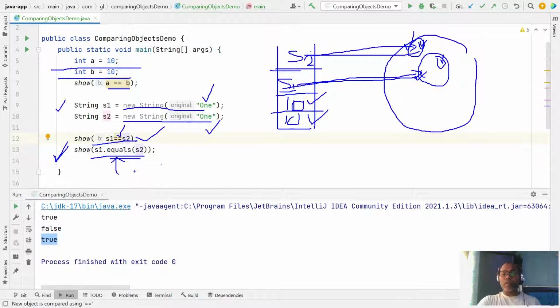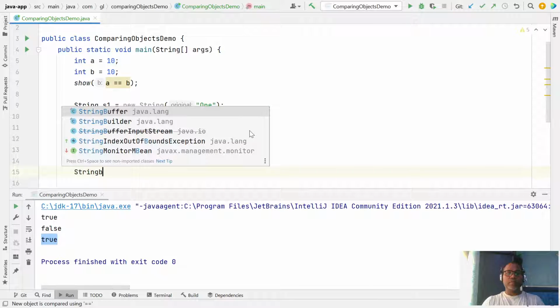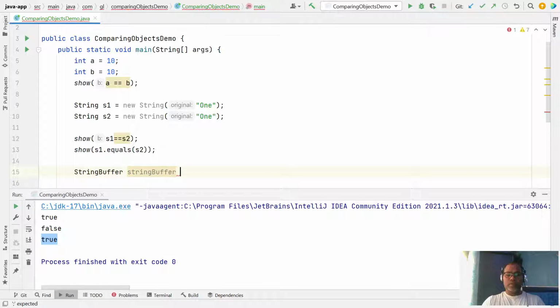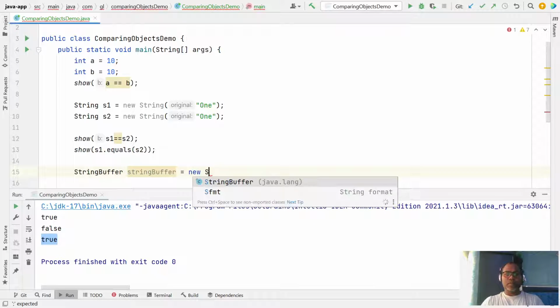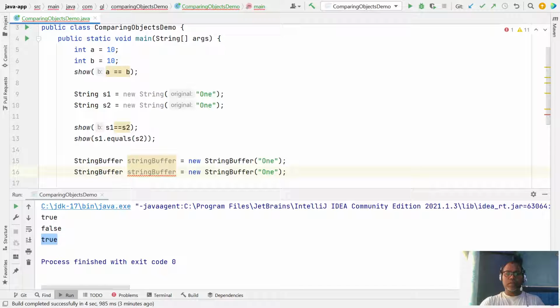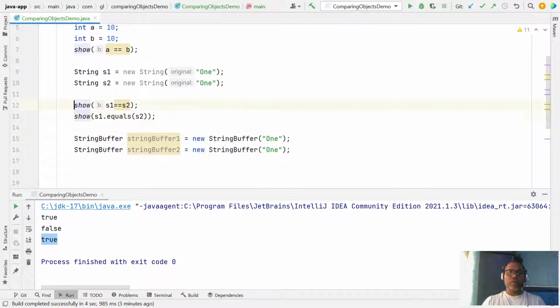This is not any standard, but let us assume we have a StringBuffer. Here this is one, and this is two. Now let's look again.